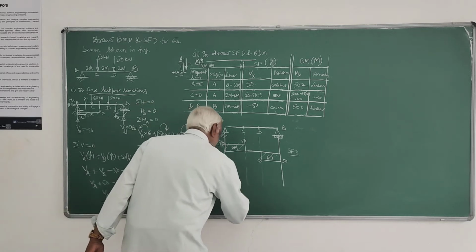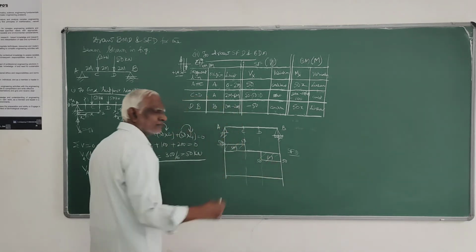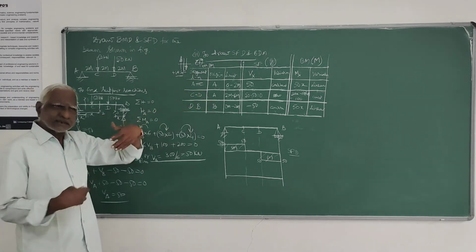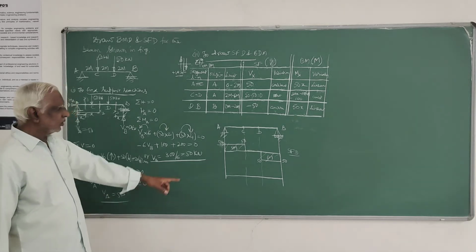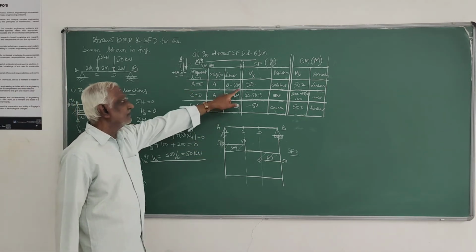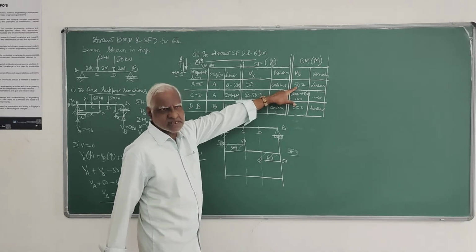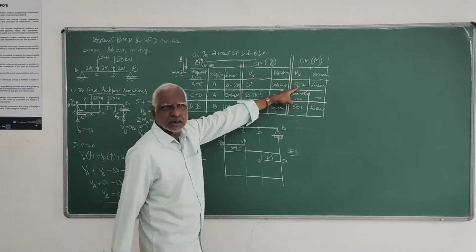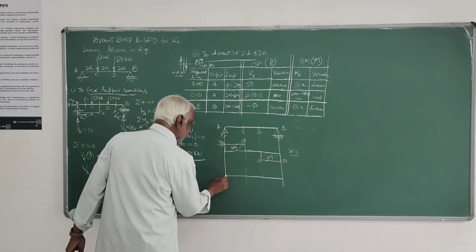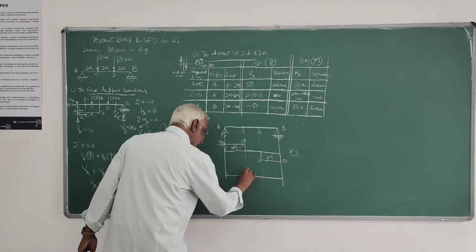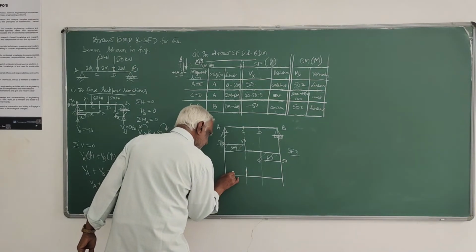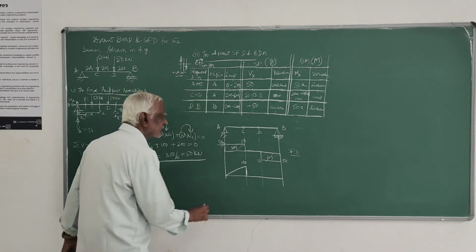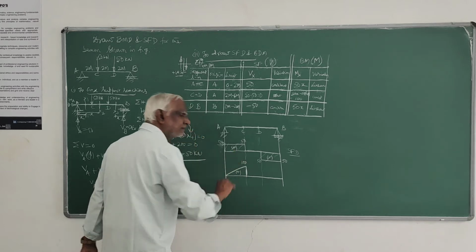Then the bending moment diagram, you can plot it. Use that table. Table is easy for your checking also if you do it this way. So for bending moment from A to C, it is 50x. When x equals 0, it is 0. When x equals 2, it is 100, that is 100 plus. So it is 0 here, here it is 100. That is plus. Right.